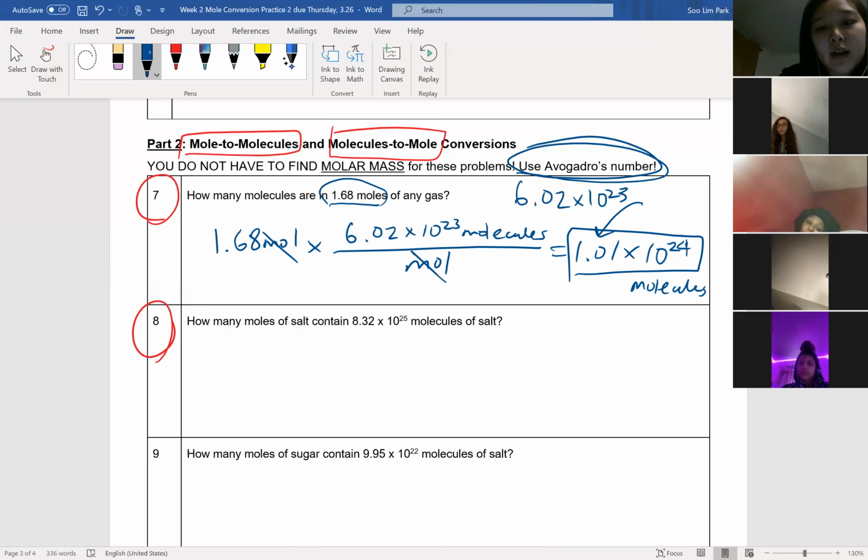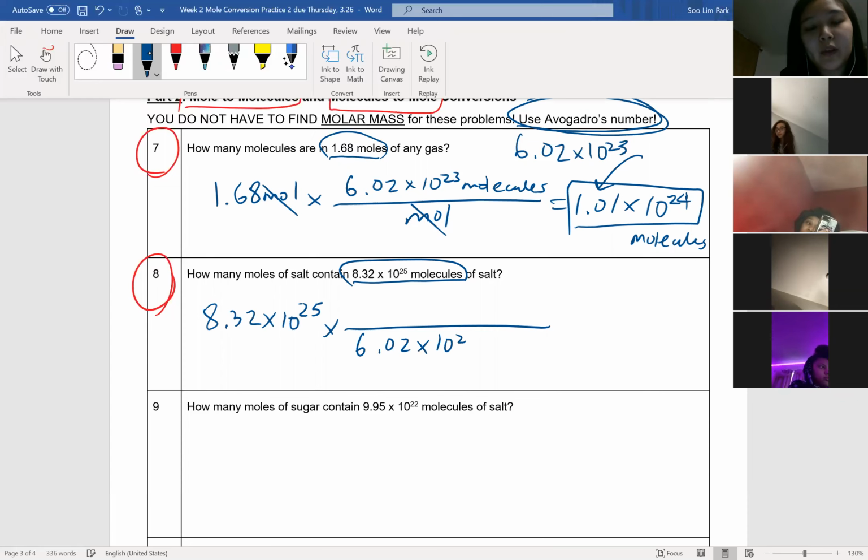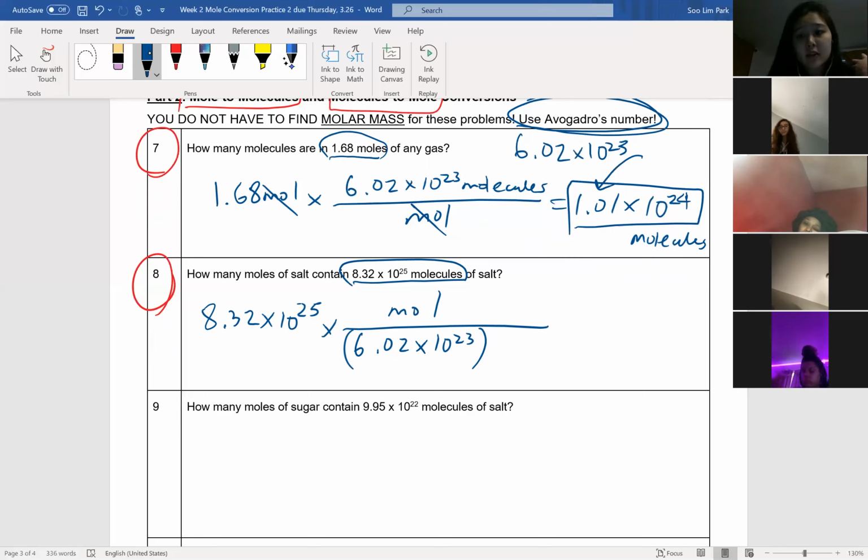All right, so next one is we're given molecules. So this is going to be division, right? We're going to divide by 6.02 times 10 to the 23. And remember, when you plug this into the calculator, please, please, please, put the Avogadro's number in parentheses. All right, so I'm going to show you guys